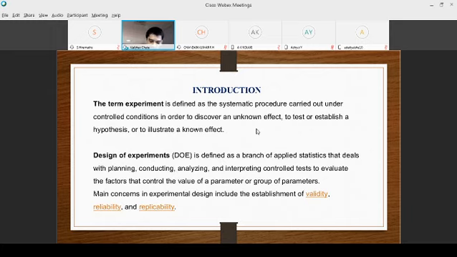So it's very important in design of experiment what we would like to achieve. The outcome is very important, that is the response, whether we are checking for the quality or we are checking for the profit or both. Depending on this, I'll just go ahead with the next slide.